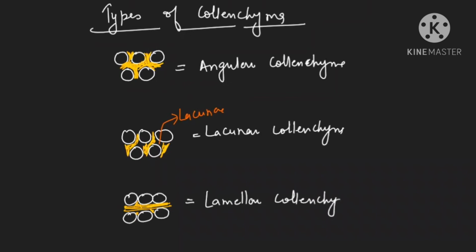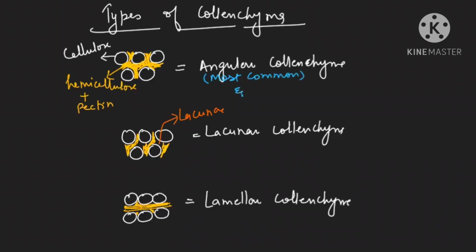Clear? So depending upon how the deposition of this chemical is going on, let me write the name of the chemical also. The chemical is your hemicellulose and pectin. Obviously, the primary cell wall, you know very well, is cellulose only. So no need to highlight, but still for your understanding, it is cellulose. Now, what are the examples where we study them? Angular collenchyma is actually most common. In your NCERT, the diagram is only of angular collenchyma, and